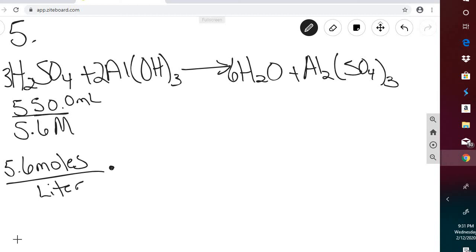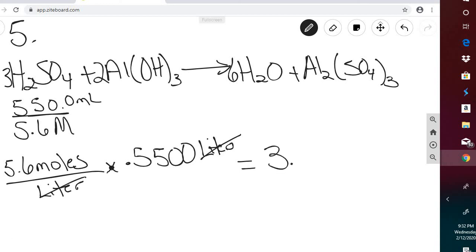So I'm going to convert that to liters, divide by 1,000, 0.5500 liters. Okay, so liters cancel, and our answer will be in moles, and with two significant figures, it would be 3.1 moles